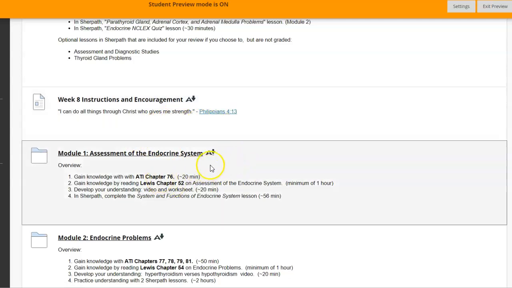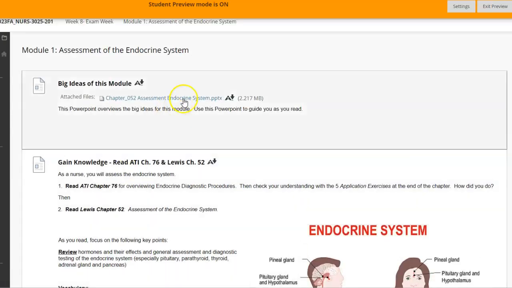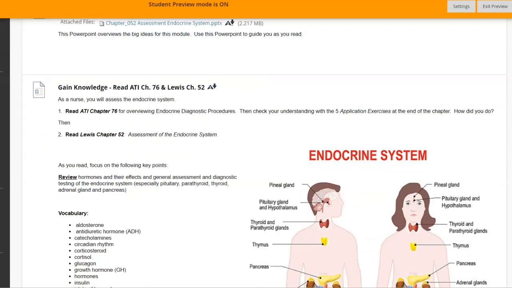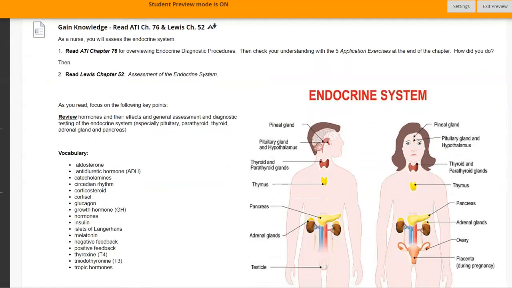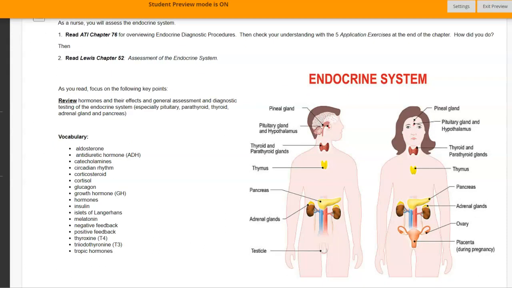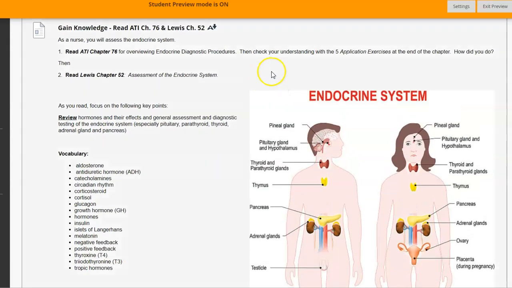Let's go ahead and go into Module 1. I have posted a PowerPoint here for you to review. When you read ATI Chapter 76, you're going to check your understanding with the 5 application exercises at the end of the chapter. And then you're going to read Lewis chapter